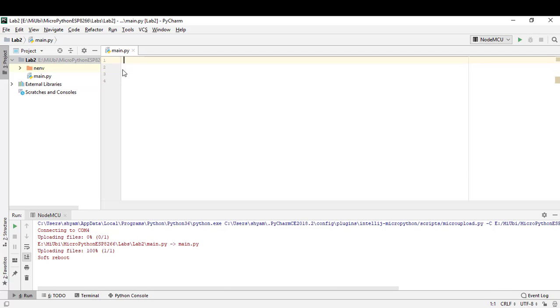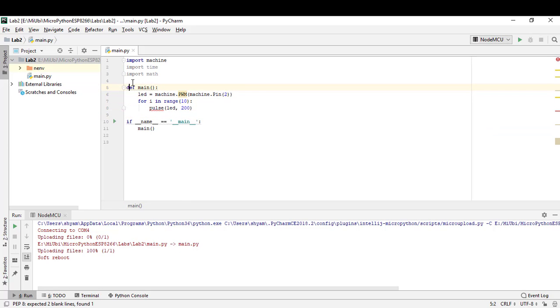Now what I want to simply do is import the machine module and the time module. For this we'll also import the math module. Next, as you know, this is a common kind of script we usually use in Python: I want to know whether I was called from the main module or from a different module. If and only if I was called from the main module, I will call my main.